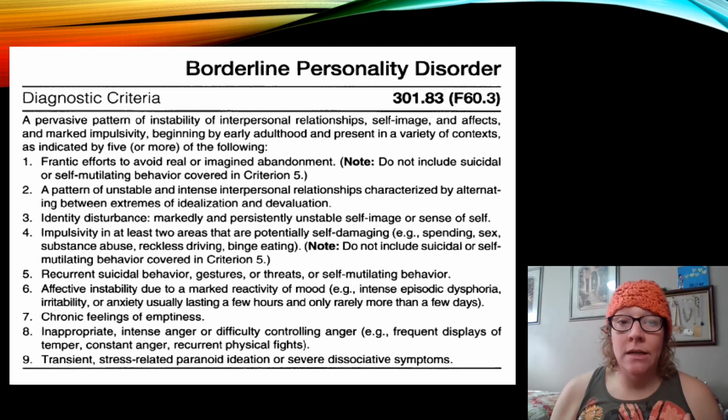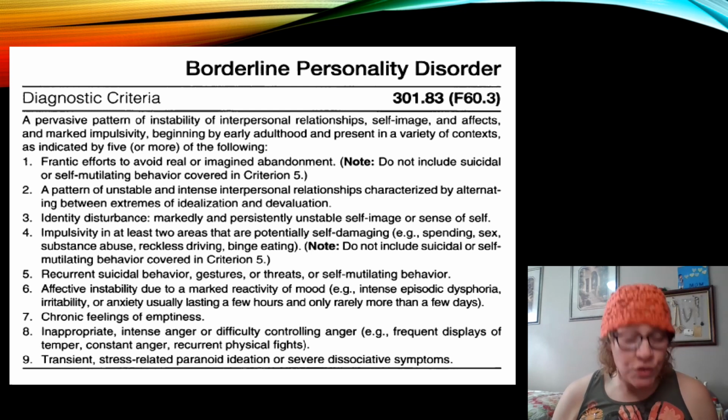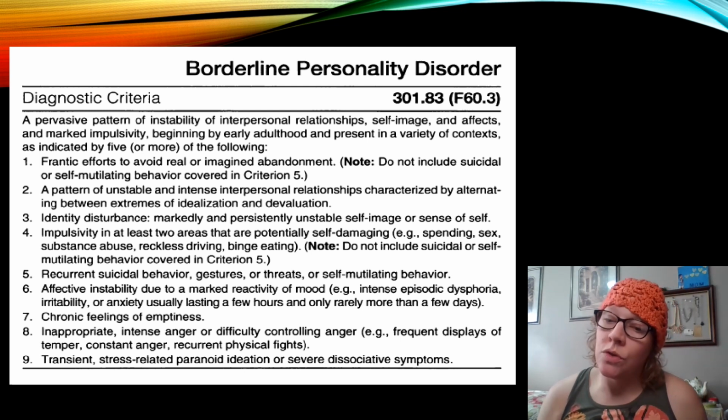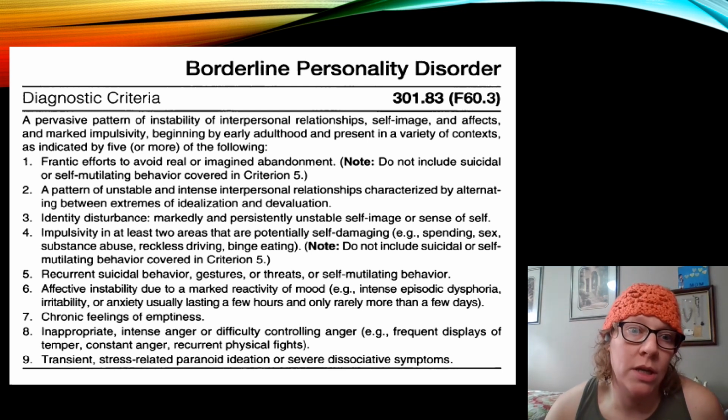cover the basic idea of what borderline personality disorder looks like, what bipolar disorder looks like. Now we're going to go specifically as what is listed in the DSM-5. So when you go see your psychiatrist, when you go see your psychologist, when you're first diagnosed with this disorder, this is what they're going to be looking at. Okay, so the diagnostic criteria as listed in the DSM-5 for borderline personality disorder is right here on the screen.